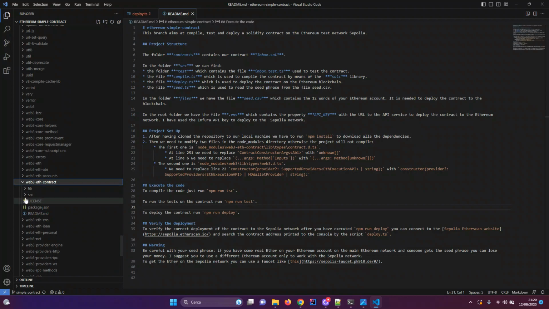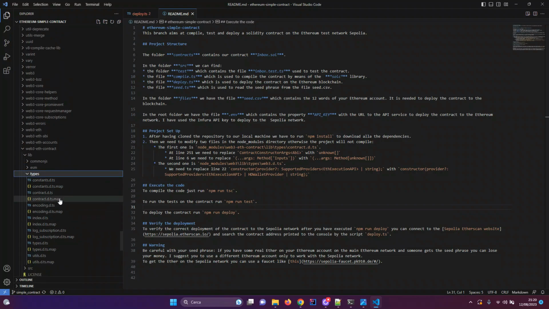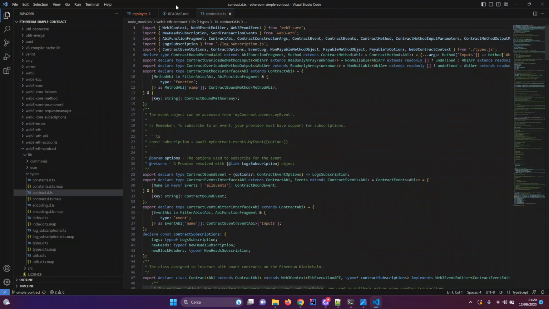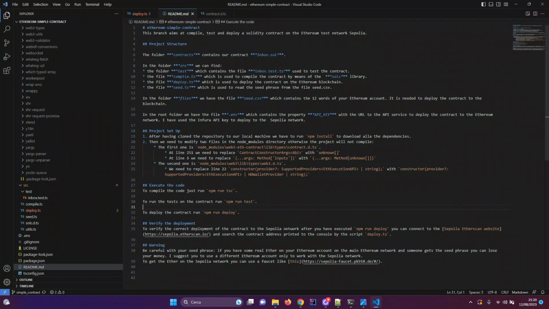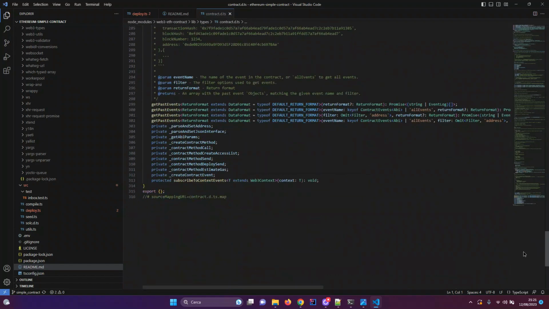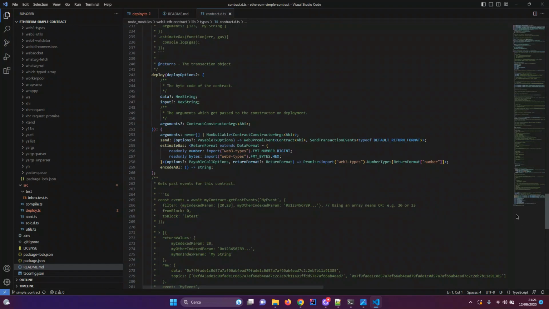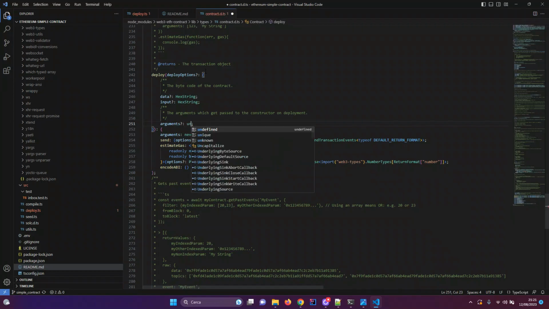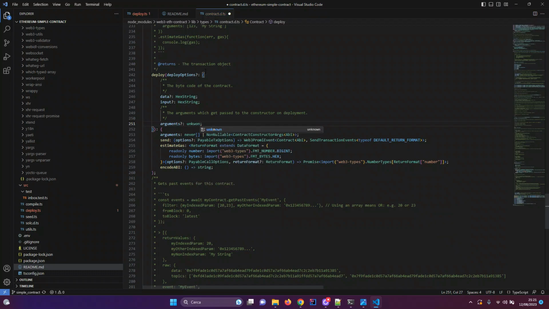Then we open up lib, types, and then contract.ts, which is this one, and at line 251, which is here, we need to replace this with this array of unknown. This is the first modification.